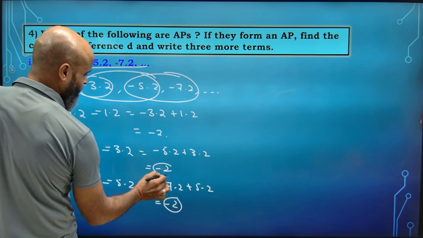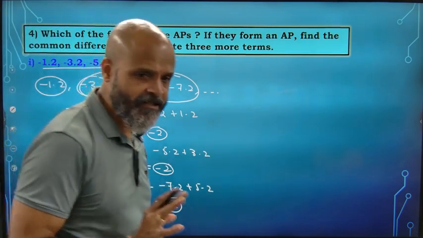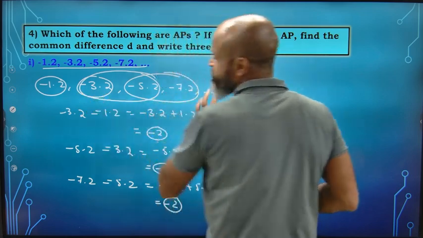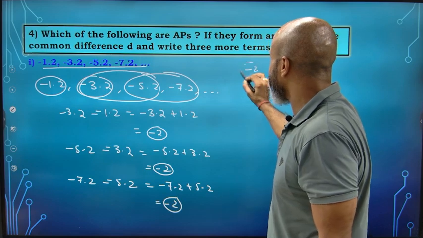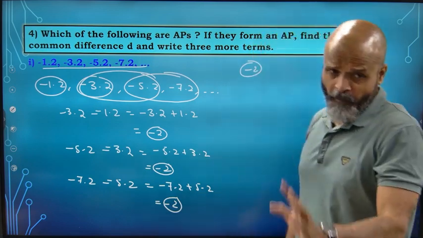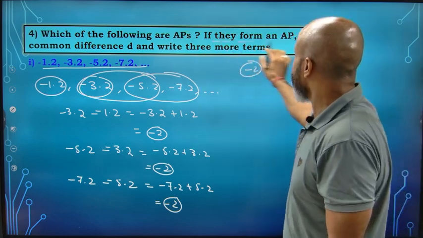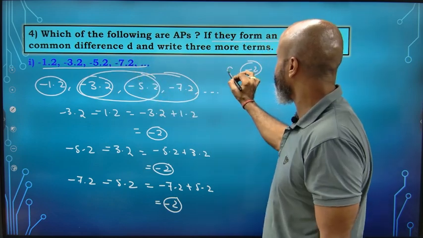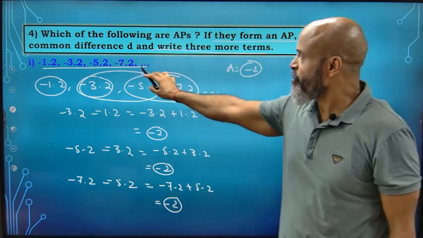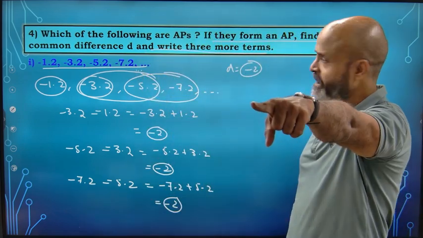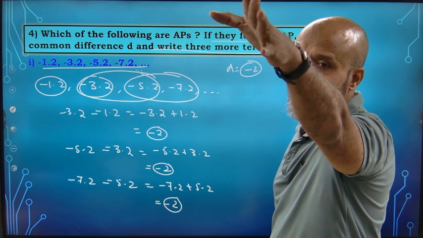Do we have a common difference between any two consecutive terms which is the same? So the answer is yes. So all throughout this AP will we have a common difference of minus 2? So is this an AP? First of all, yes it is, because the common difference remains the same without any alterations. So in this case, if they form an AP, find the common difference. So common difference is how much? Minus 2. Okay, and write 3 more terms. So let me know what will be the 3 more terms. Sharayu, after minus 7.2 कितना होगा? जल्दी जल्दी फटाफट.